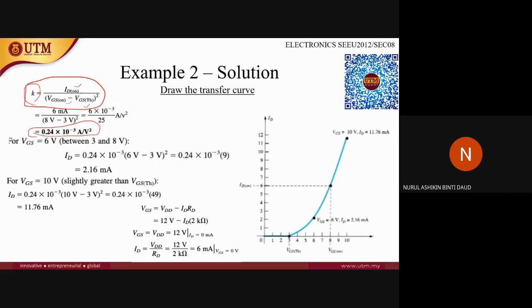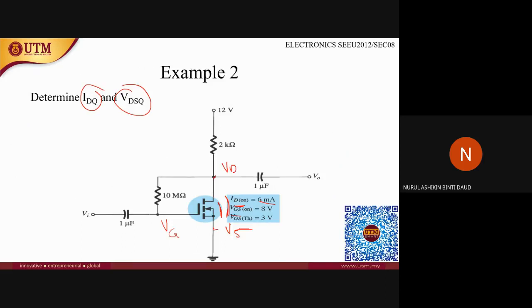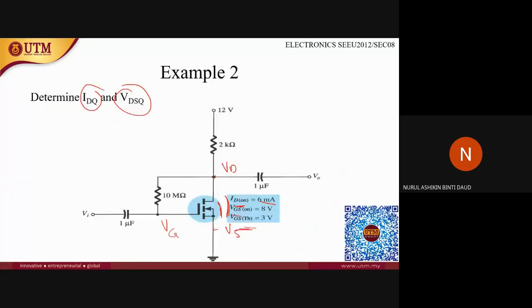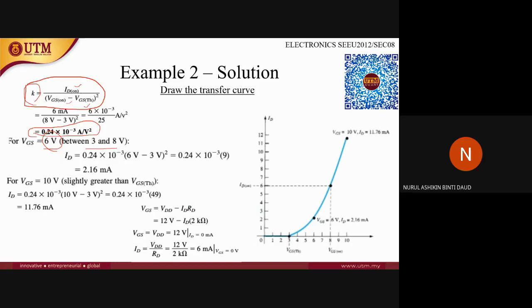For VGS at 6 volts, which is between 3 and 8 volts, they choose one voltage between these two voltages. So for VGS equals 6 volts, you can find the value of ID. Using this equation again, the value of ID is 2.16